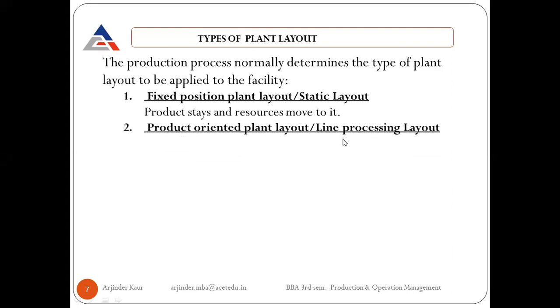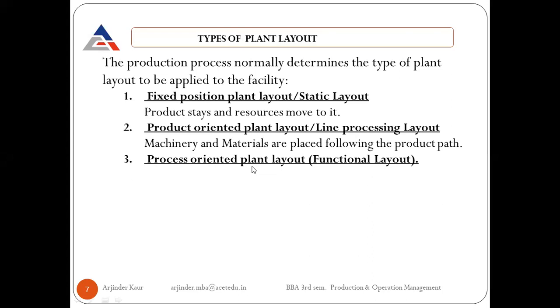It is also called as line layout or the line processing layout. So here machinery and materials are placed following the product path. Then process oriented plant layout, it is also termed as functional layout or the batch layout. So machinery is placed according to what they do and materials go to them. Here process means layout will be decided as per the type of processes involved, not on the type of product